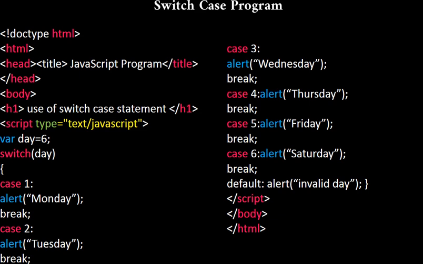While writing the program, you should use the head section or body section, and then you can save your file with the .html extension. Once you save the file with the .html extension, run the program in any browser present on your computer, that may be Google Chrome, Internet Explorer, or Mozilla Firefox, and see the output. What output should come here? The weekday is 6, which means Saturday should be displayed.